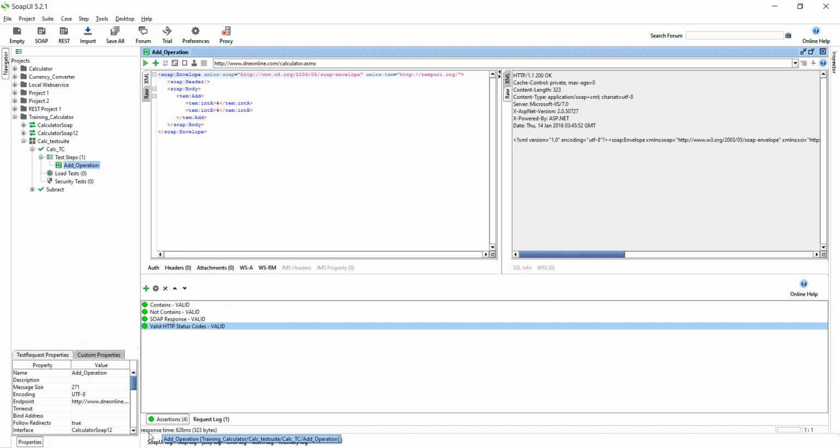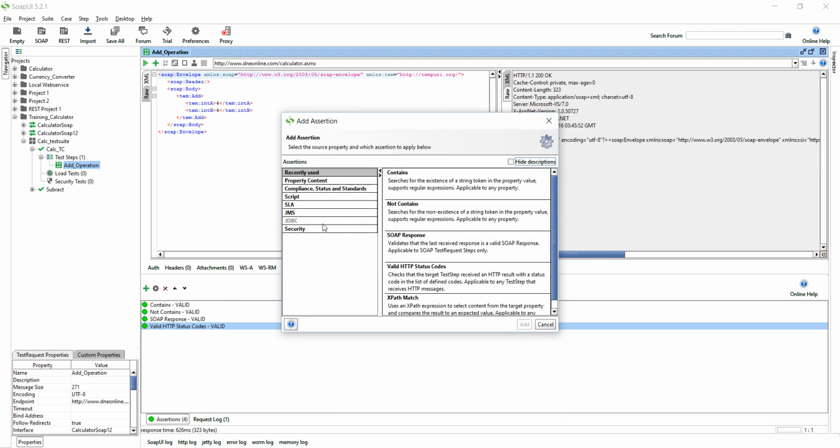If you look at the bottom of this page, the response time it took to get the response back from the endpoint is 626 milliseconds. You can consult with your performance engineering team to make sure all the web services are within the SLA. The performance engineering team will give the standard SLA for all the web services as per the organization standards. Get the details from them, or check with your technical team on what the maximum response time or SLA is, and you can add the assertions for those seconds. So I'm going to add